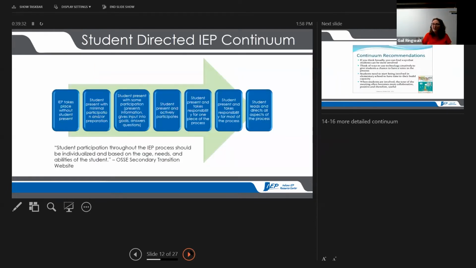Okay, so just like anything else, there's a continuum. Obviously, you're not going to have a kindergartner